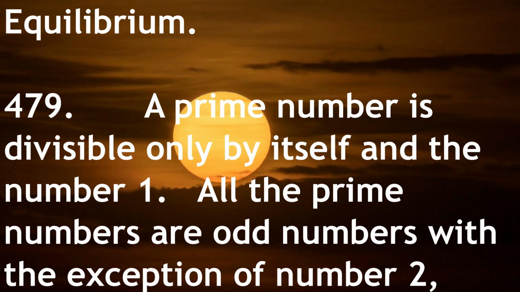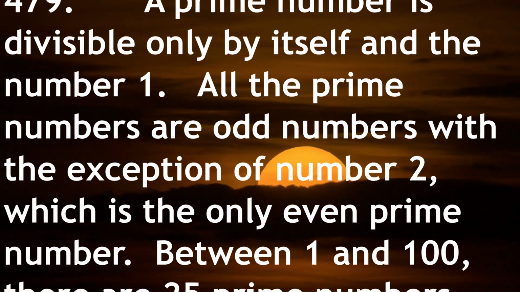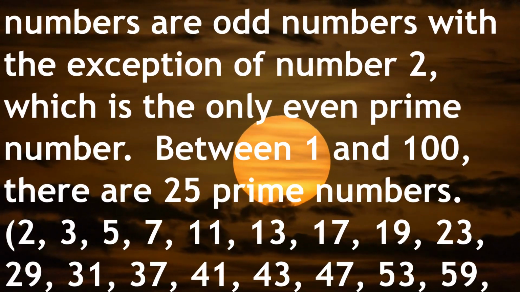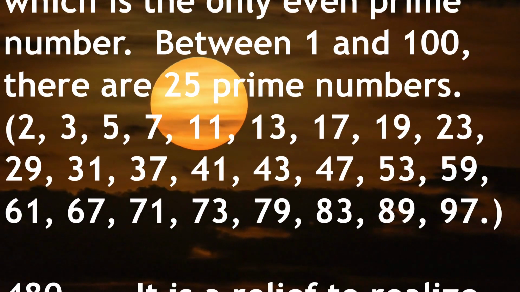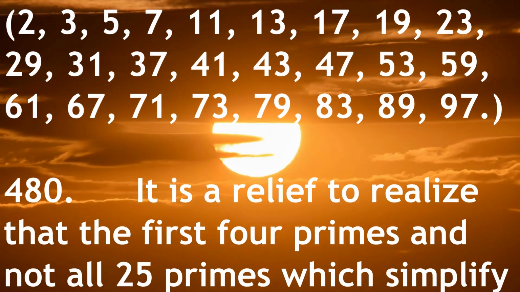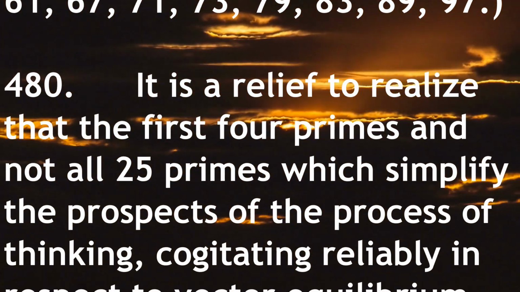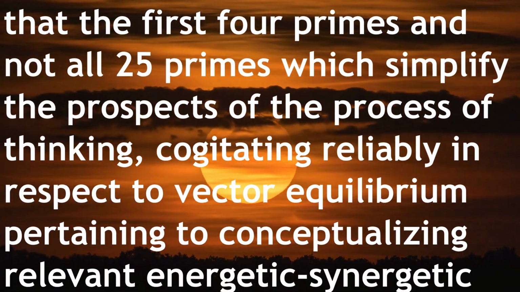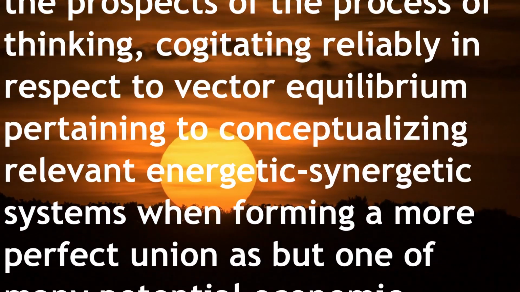A prime number is divisible only by itself and the number 1. All the prime numbers are odd numbers with the exception of number 2, which is the only even prime number. Between 1 and 100, there are 25 prime numbers: 2, 3, 5, 7, 11, 13, 17, 19, 23, 29, 31, 37, 41, 43, 47, 53, 59, 61, 67, 71, 73, 79, 83, 89, 97. It is a relief to realize that the first 4 primes, and not all 25 primes, simplify the prospects